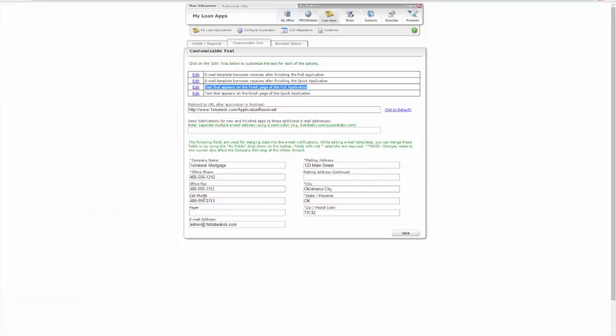When you do that and they complete that application, again, they immediately receive those instructions to go back to the website, click customer login, enter the same email address and password that they've created to upload those docs. When they do,